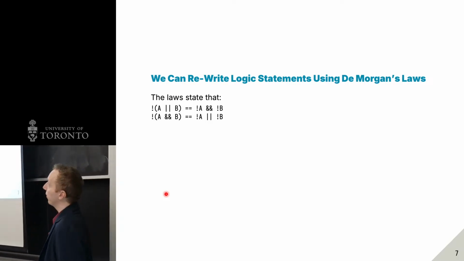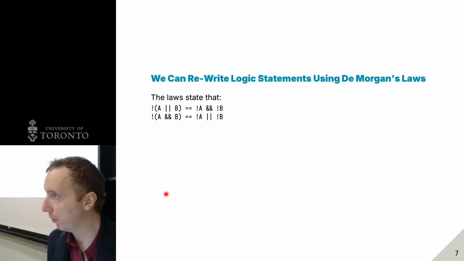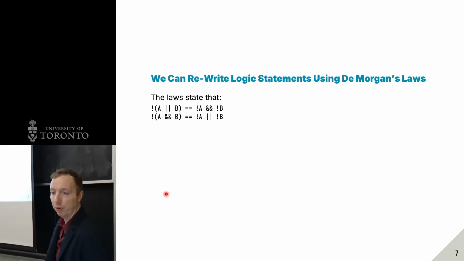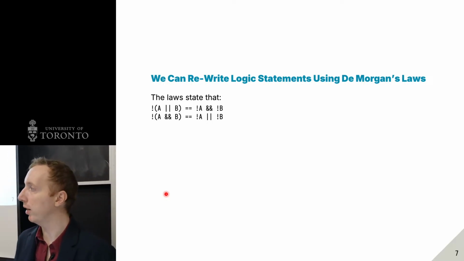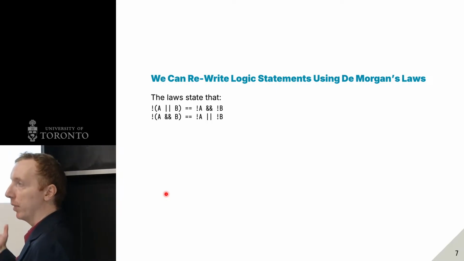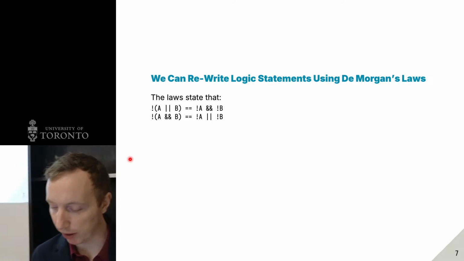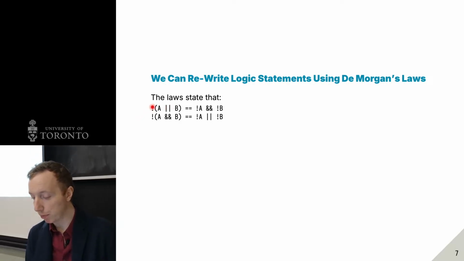All right, another thing we can do, you'll cover this more in a future course, in your architecture course, is rewrite logic statements using something called De Morgan's laws. It's just rules of what kind of if statements are equivalent. So the laws state that not (A or B), all in brackets,